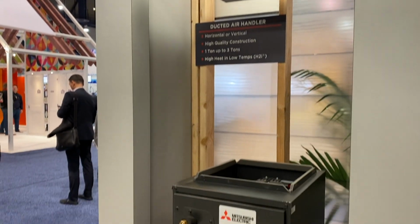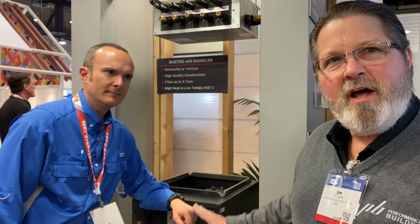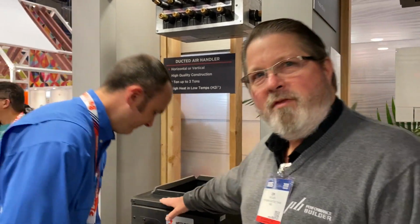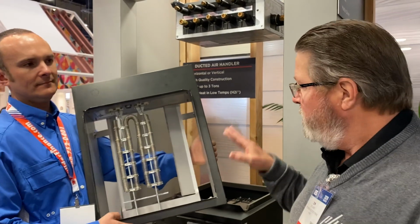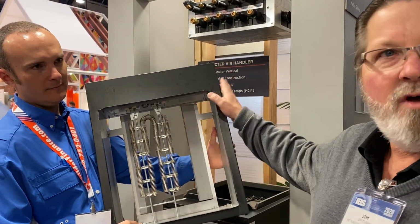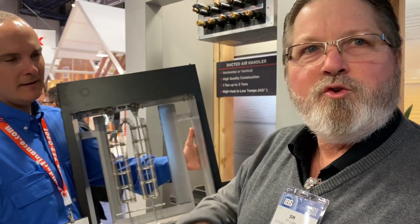What's special about this one that you just came out with? The really nice thing about this is our SVZ. We just added a new condensing unit that will be our Hyper-Heat. That will get you down to about 80 to 90% capacity at minus 13 below zero. However, if you're in a climate where it gets below that, it'll automatically sense that and say, hey, I can't keep up with the temperature. It tells the condensing unit, I can't keep up anymore. So it turns these on temporarily to be able to heat the space until the temperatures come up